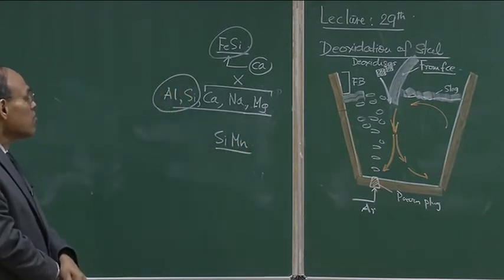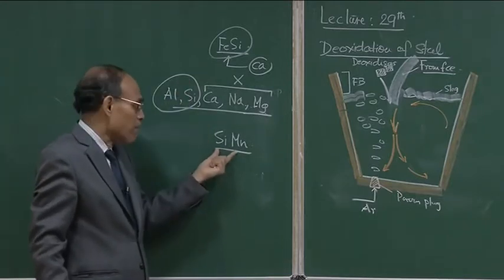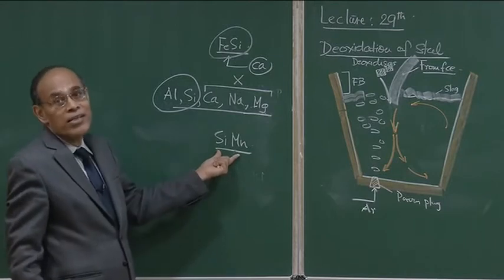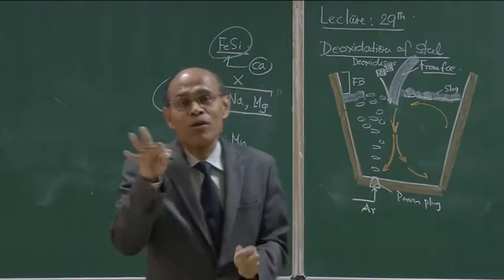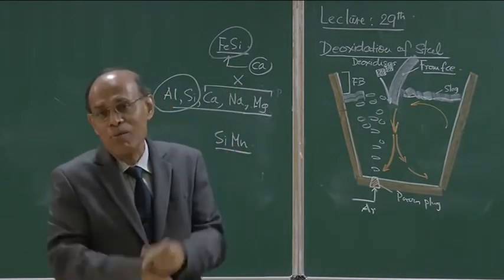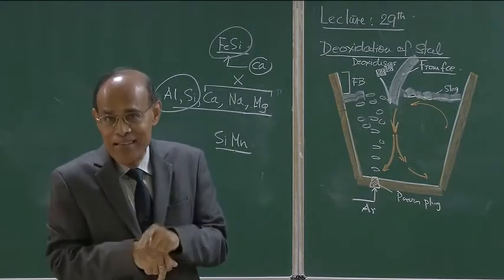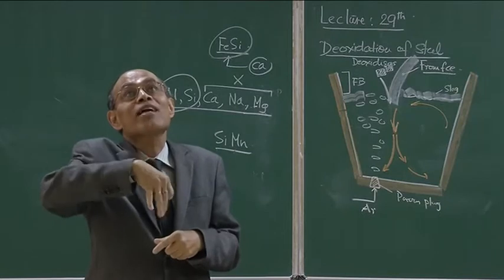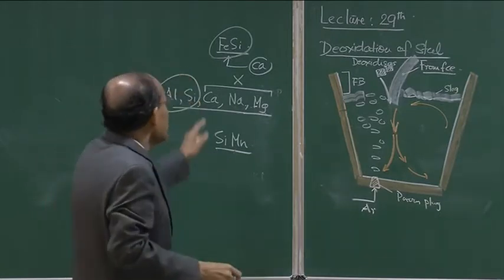Okay. Now, when you use ferrosilicon or silicomanganese, for example, the deoxidation product could be liquid. You could also have a deoxidation product which is gaseous. If you use carbon, hypothetically speaking, then carbon and oxygen react, forming carbon monoxide, which is gaseous. It will not contaminate the steel, because the gas bubble forms and escapes from the system without contaminating the metal. But if it is liquid,